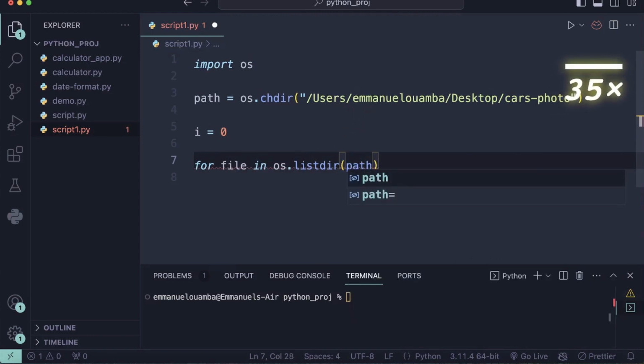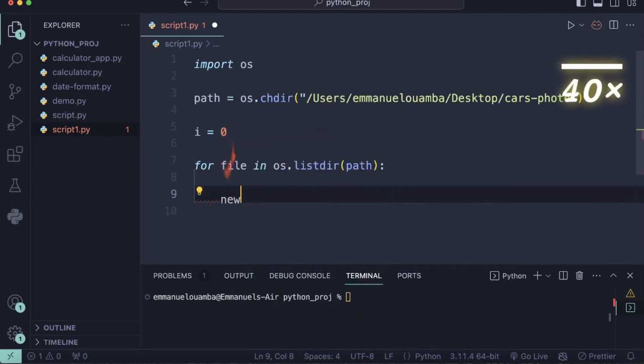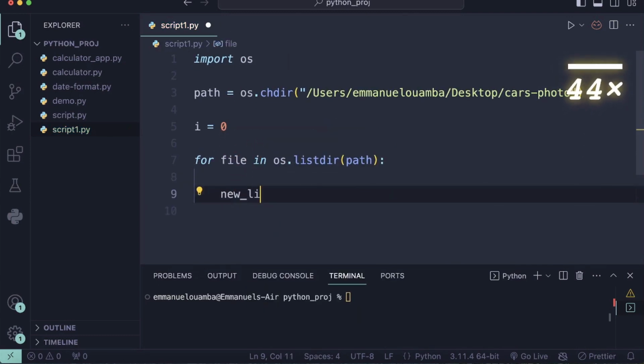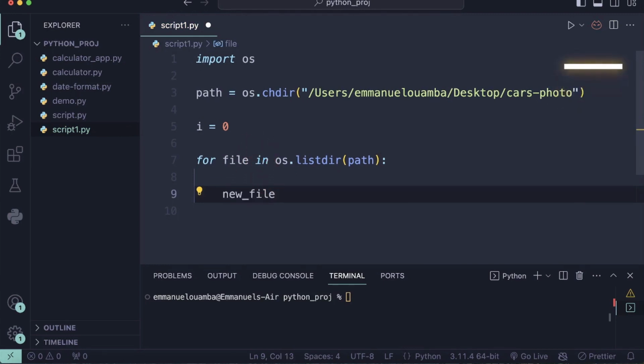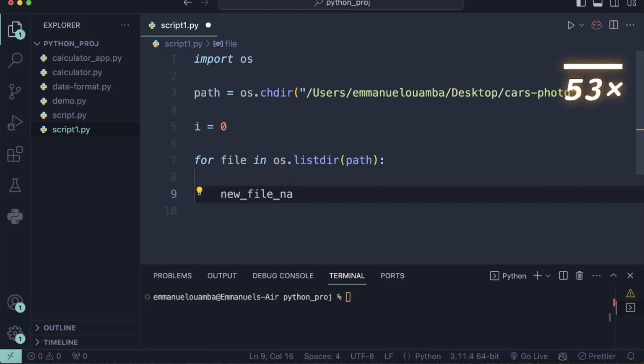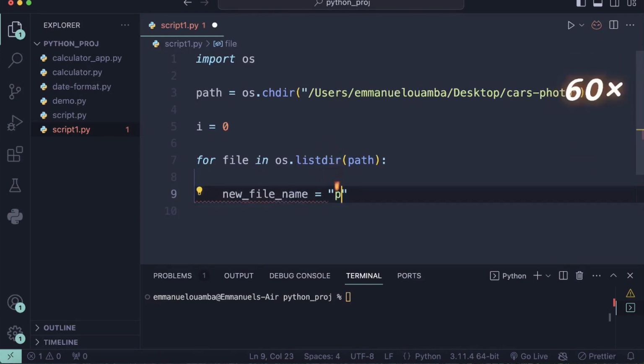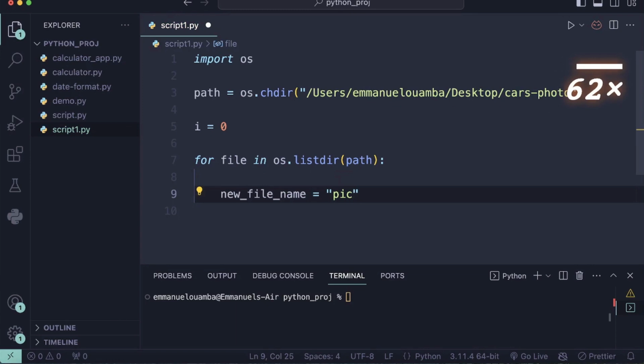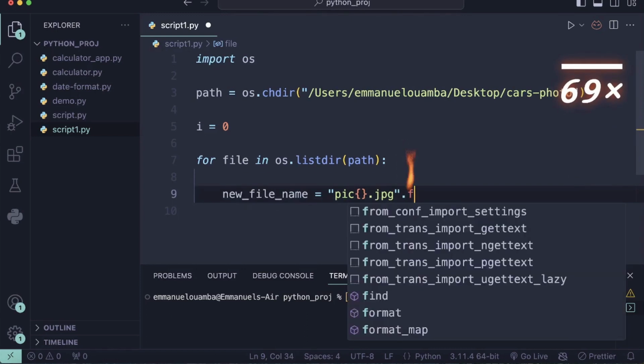Inside this parentheses say path, and in this line of code I will create a new variable, call it new file name. I will name it pic{}.jpg.format,